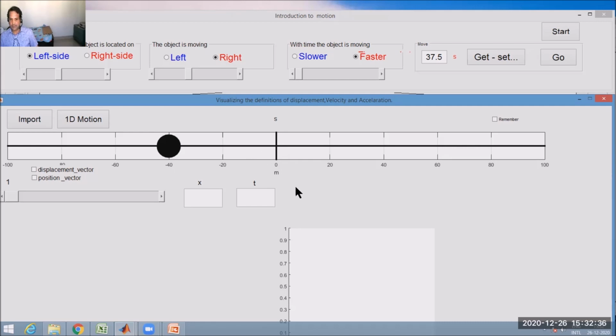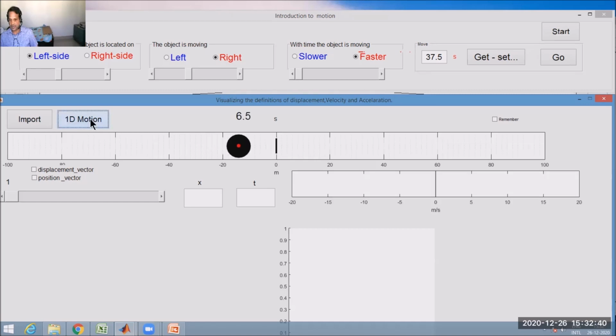And what motion are we going to visualize? Let us see that motion happening once. So this is the motion which we are going to visualize. The time can take values from 0 to 38.5 seconds and the object would move from being at minus 40 all the way to the extreme right and away from the window. Using the slider over here, we can select a specific time and it would display where the object would be present at that time.